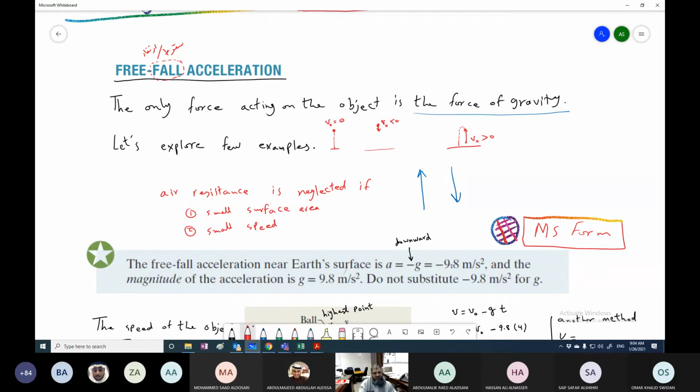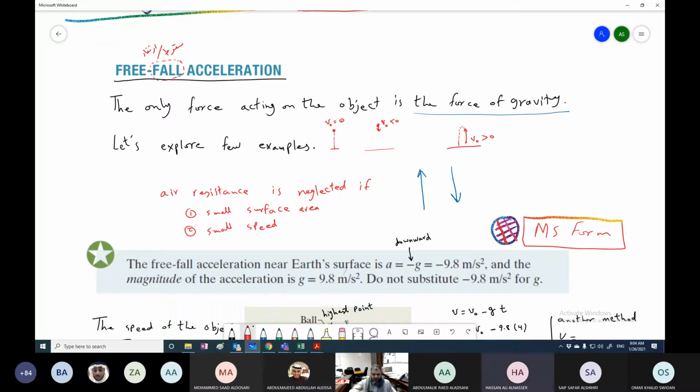And this g is 9.8. So it is minus g, and g by itself is a positive quantity, which is 9.8 meters per second squared. And the magnitude of the acceleration is g, 9.8 meters per second squared. Don't substitute minus 9.8, it is positive. It is 9.8. And this minus sign tells you about the direction of the free fall acceleration. واضح يا شباب؟